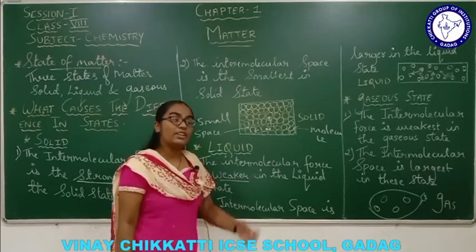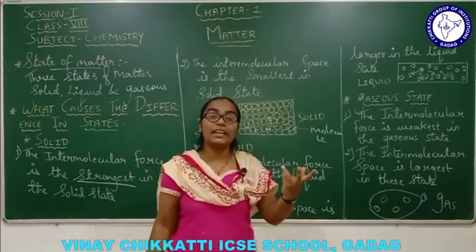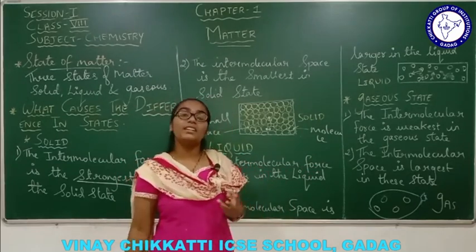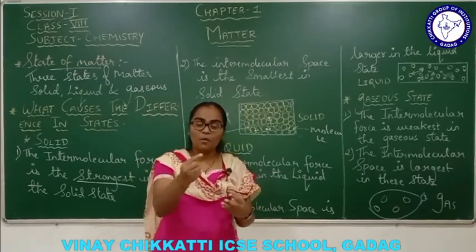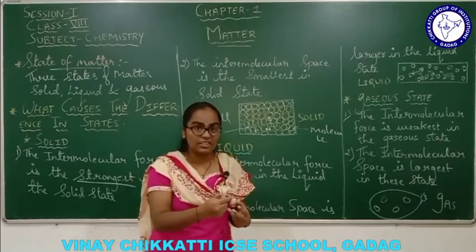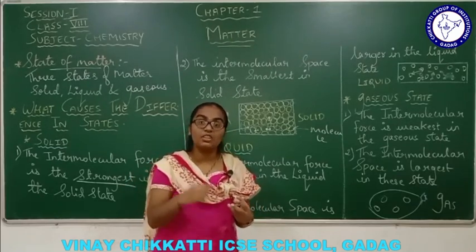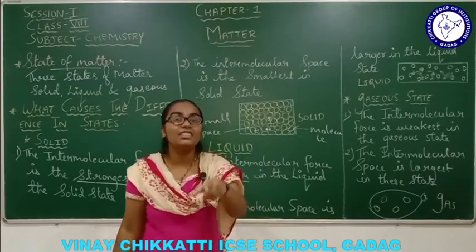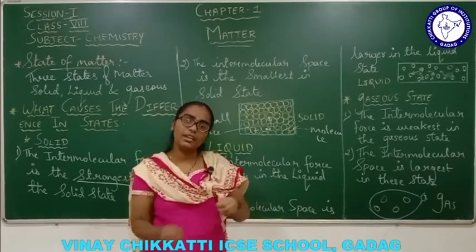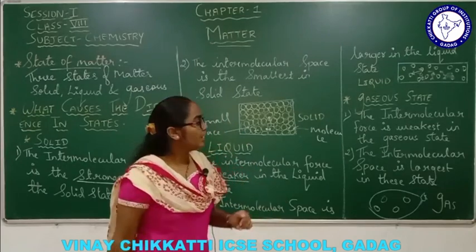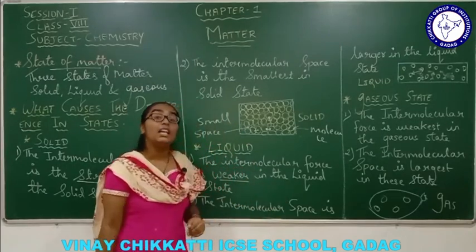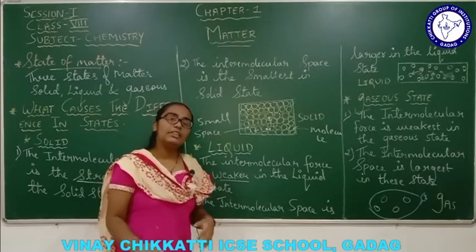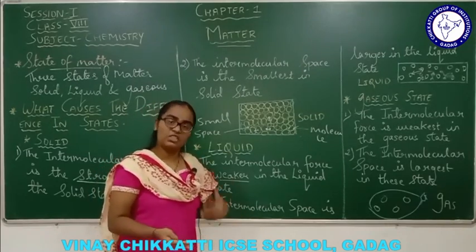So for example, a liquid like water, juice. These are liquid states of matter. Why are they considered to be liquid state of matter? The molecules are a little far away from each other. If they are far away from each other, the force of attraction between the molecules is weaker and the intermolecular gap or space will be larger. That was all about the liquid state of matter, for example water, juice, different kinds of liquid foodstuff.